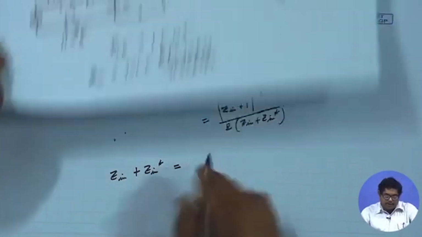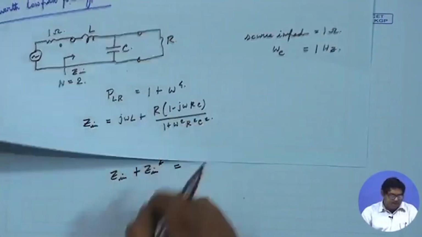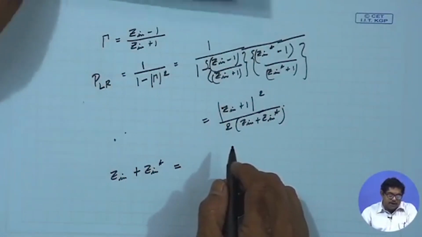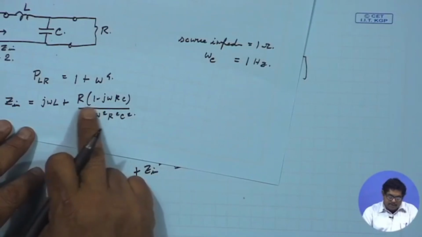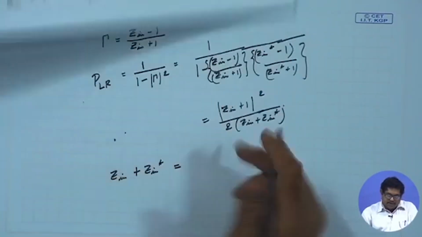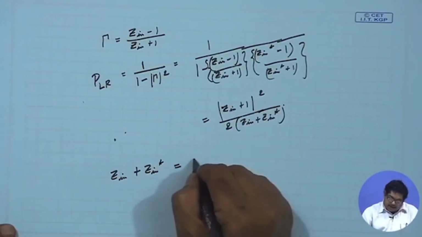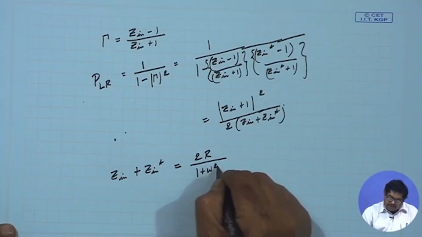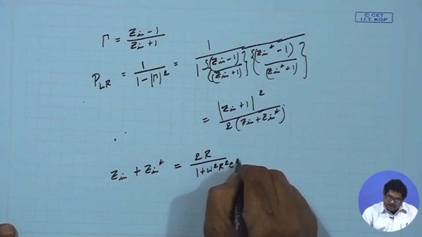We already have the expression for Z in. If you put Z in plus Z in star, only the real term remains, because the other terms are imaginary. So we can immediately write this will be 2r by (1 plus omega square r square c square),